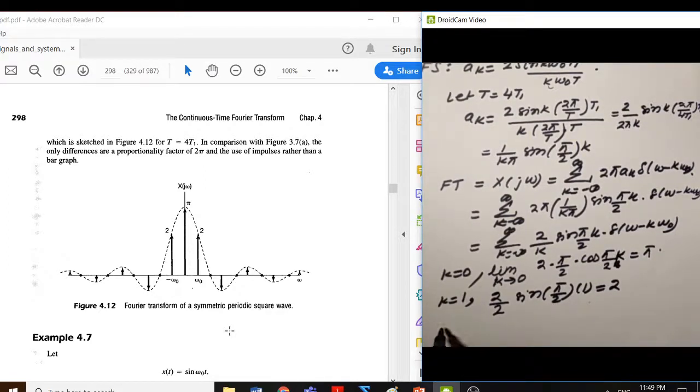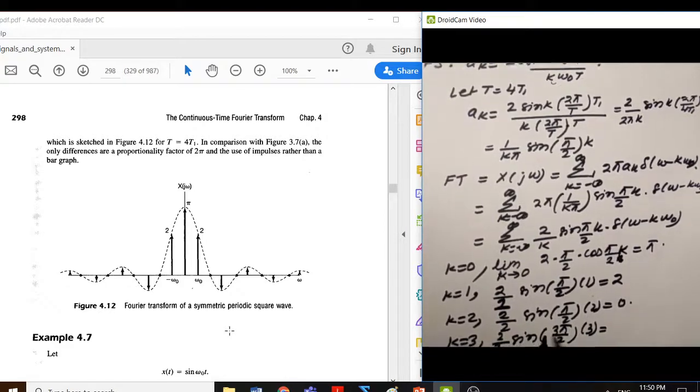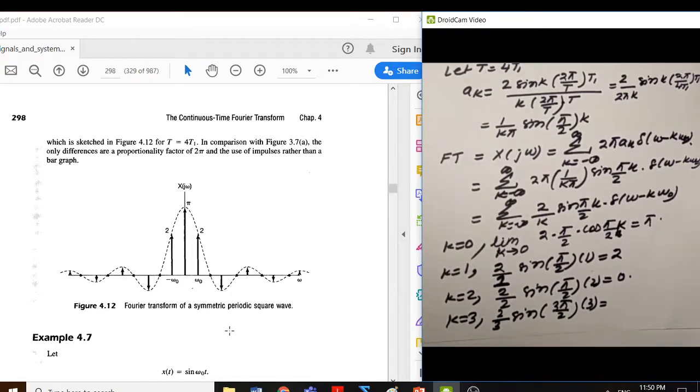When k is equal to 2, we have 2 by 2 sine pi by 2 into 2, which is equal to 0. For k is equal to 3, we have 2 by 3 sine 3 pi by 2, and sine of 3 pi by 2 is equal to minus 1, so we have minus 2 by 3,